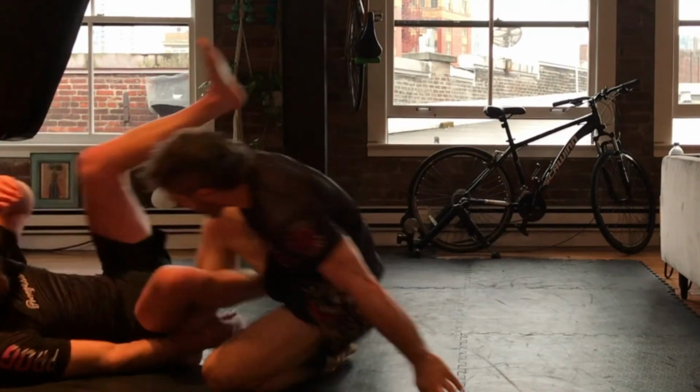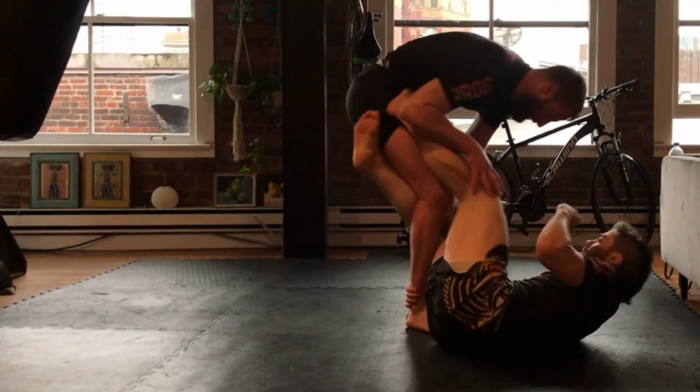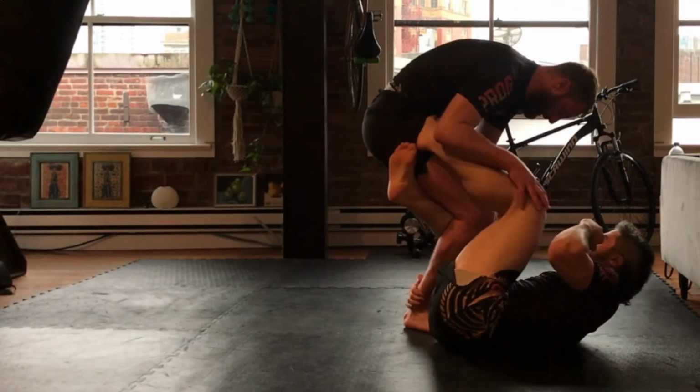So let's run it back from the beginning. Essentially, I'm changing my opponent's direction of force. I want them to drive into me on a forwards based vector, and then I'm going to change them and drive them out to the side. So I'm going to start the encounter with a push of the legs, and that comes from predominantly this